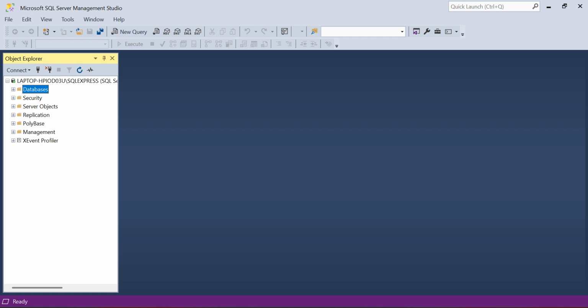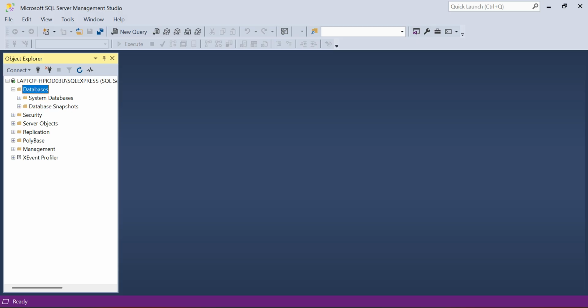Point to databases. We see here there are system databases and database snapshots that are already created by SQL Server Management Studio. We must not change anything in these databases.